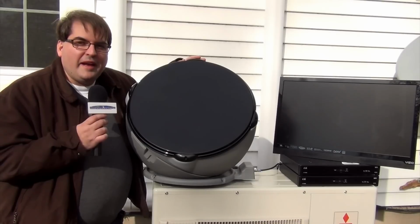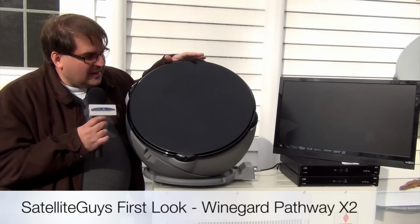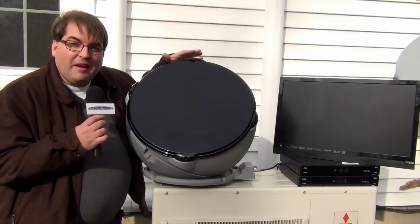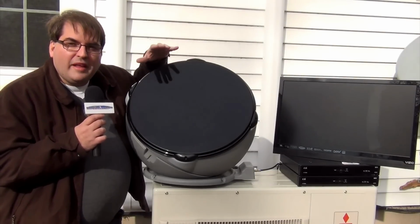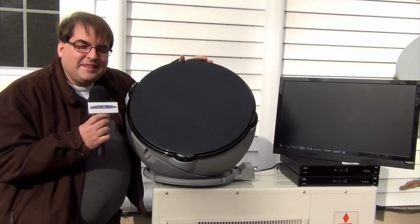Today we're looking at the Winegard Pathway X2 portable satellite antenna. This little satellite antenna here, wait till you see it in operation. You just set it on the ground on any level surface, let it do its thing, and soon you're watching your Dish Network anywhere. All the high definition channels, all the standard definition channels, Western Arc, Eastern Arc, it don't